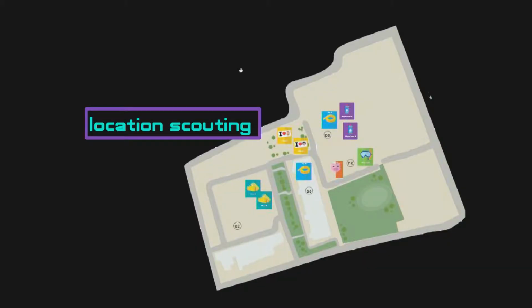Then a huge part is the location scouting, because if you want to have a combination between physical action and digital action, you need to know where it should take place. So what part of your physical surrounding fits the narrative of your game, what makes sense. Because if you have a digital action that is totally separate from what you're doing in the physical space, no one will make a connection. So we need to have a fitting between these two areas.